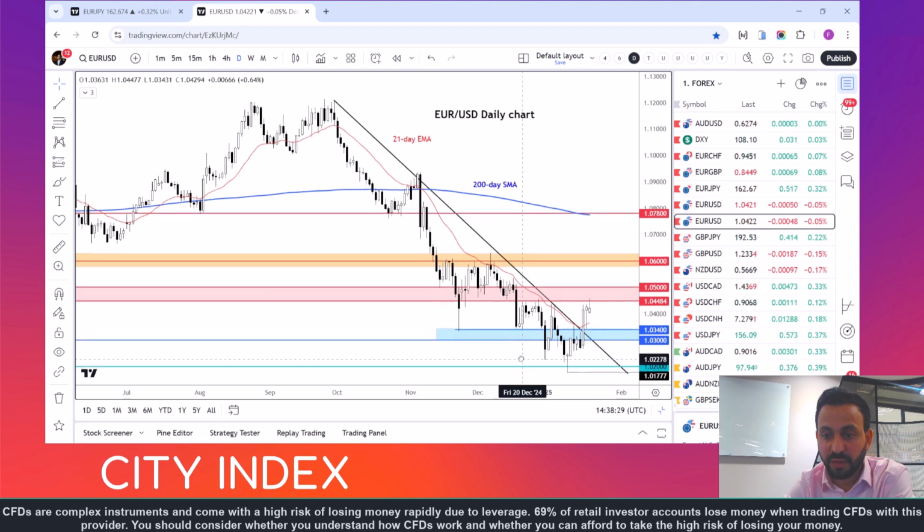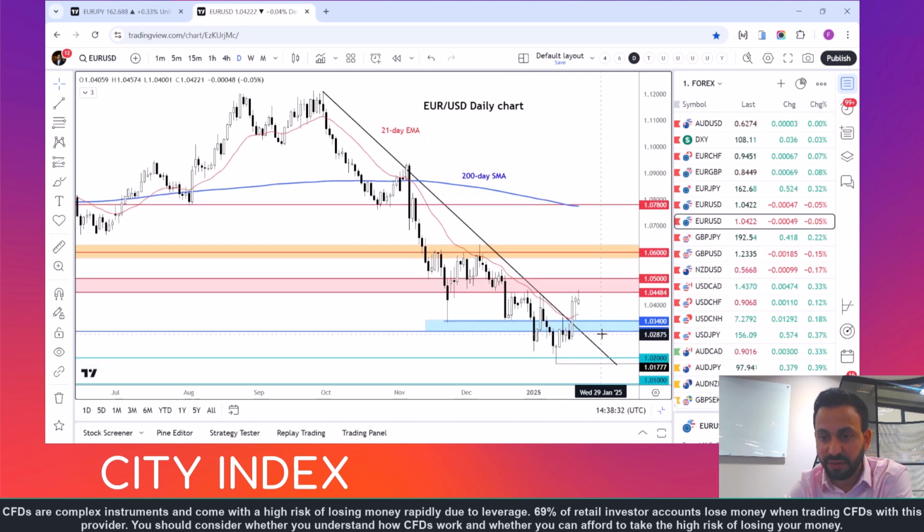In terms of support levels to watch, this area right here between 103 to 103.40, this shaded blue region, marks a key zone. For as long as the euro dollar now remains above this area, one could argue that the short-term path of least resistance is perhaps to the upside. But if we go back below this area, then that would signal a resumption of the downward trend. Meanwhile, if we go above 105, then the next key area of resistance or potential resistance is at 106. Then there's nothing significant until the 200-day moving average, which is some distance away from where we are at the